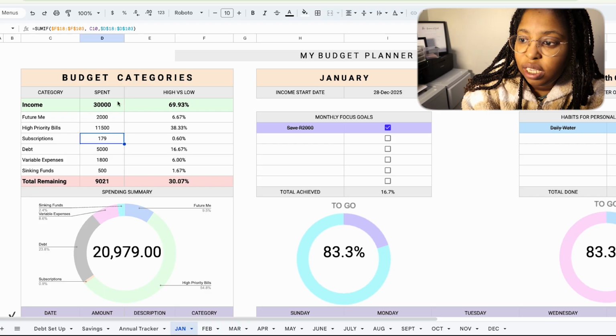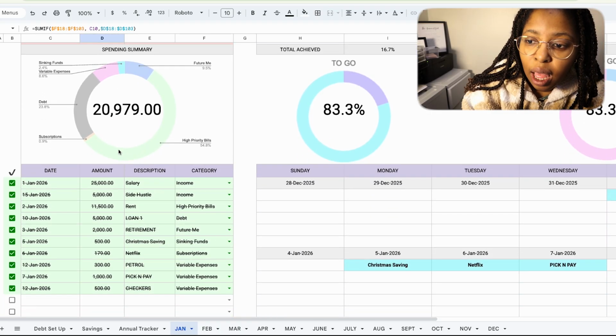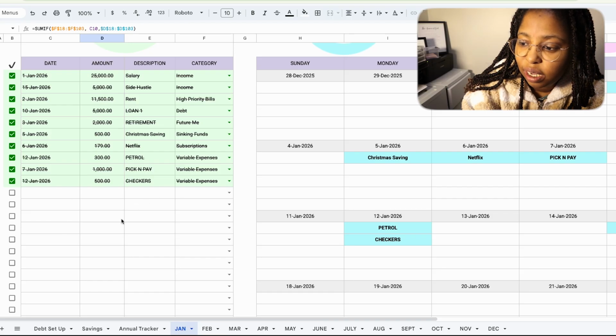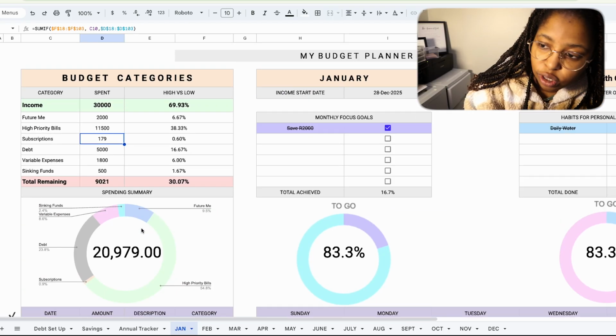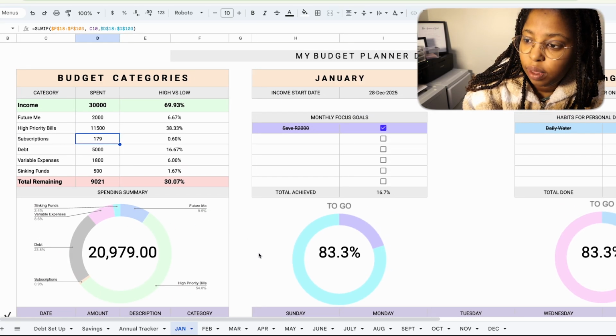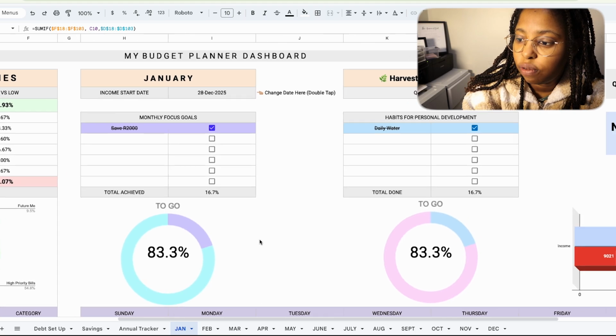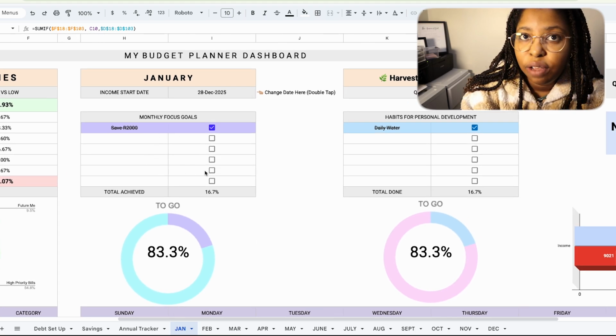So do not touch these. As you can see, there's a formula over there, so you don't want to mess with the formula. This is what you're going to be touching. Okay, so this is basically your daily setup. There's also a section for you to have a monthly focus over here, where you can set goals for the